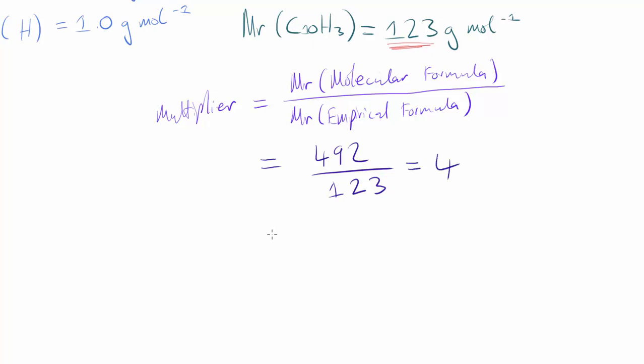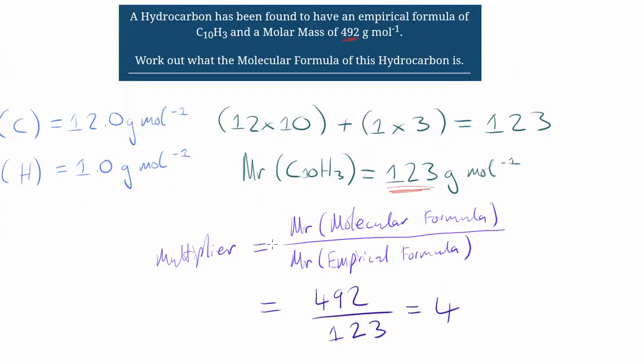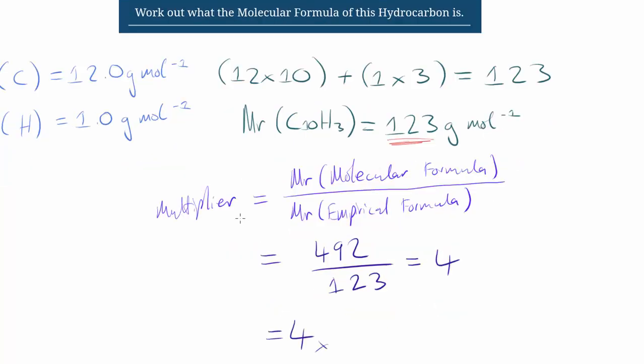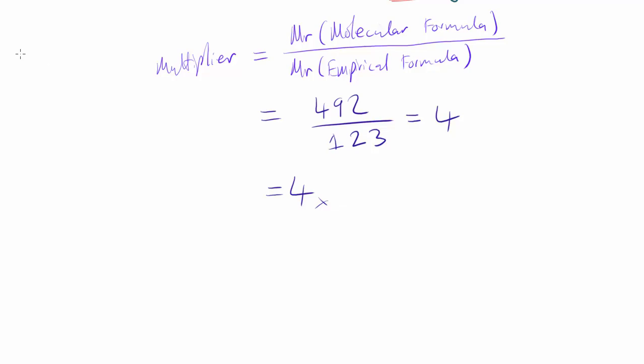So our multiplier is effectively 4 in this case. The empirical formula, you multiply it by 4, and you get effectively your molecular formula. So let's go through the process one element at a time. We're going to start off with carbon. We can see that the coefficient associated with carbon is 10, right? So for carbon, we're going to get 10,